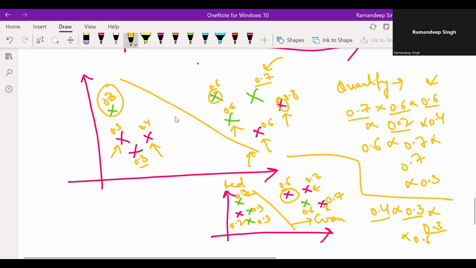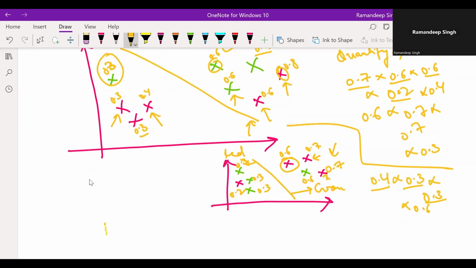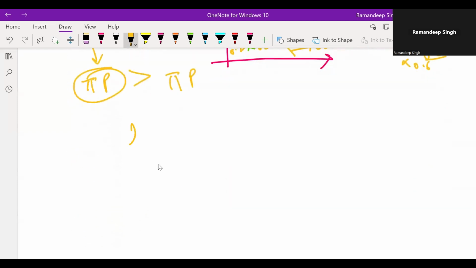Isn't it right? So here I have more correct classifications. Here in this case, I have more wrong classifications. So when I'm multiplying the probabilities, model one will give me a larger probability than model two, right? So this is what we are required to do. We need to maximize this quantity. If I get a maximum quantity of this, I know that my model is performing better than the rest of the models, right? So this concept is called the concept of likelihood,